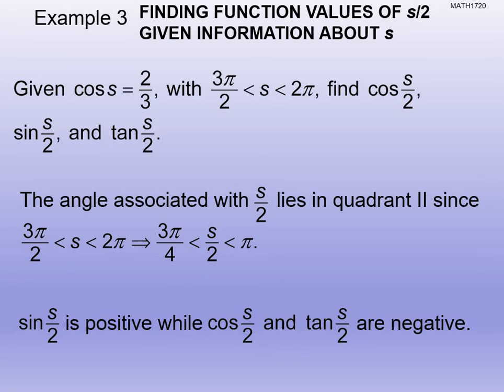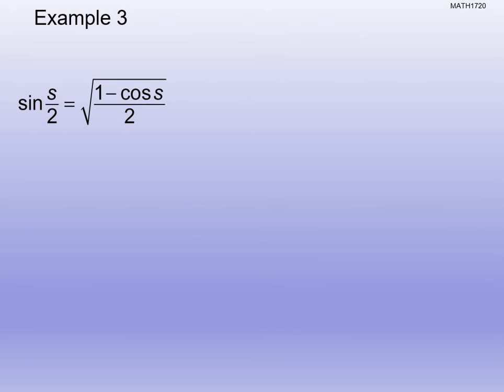The s angle is what's in quadrant 4, so that's what you have to understand. The s over 2 angle is what's in quadrant 2. So this one may get a little confusing, but go through this again, see if that helps a little bit. So let's apply what we've got here. We want to take sine of s over 2. We're doing this one first because it's the positive one, is equal to the square root of 1 minus cosine of s divided